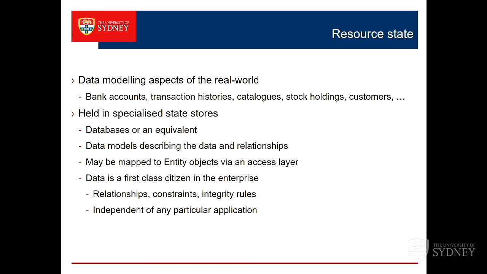You may have an automatic mapping from whatever type of state store you have and the things that it keeps into objects. If you're writing an OO application, you may want to see everything as objects. When the only tool you have is a hammer, everything looks like an object. So you might have some type of entity mapping layer there, which in the tutorial example you've seen at work. There's an entity layer there. Underneath that, there's a database, but there's an intermediate layer so that an OO programmer doesn't get exposed to a non-OO view of the world, which is what the data store might have. Instead, they get to see objects, which they're used to.